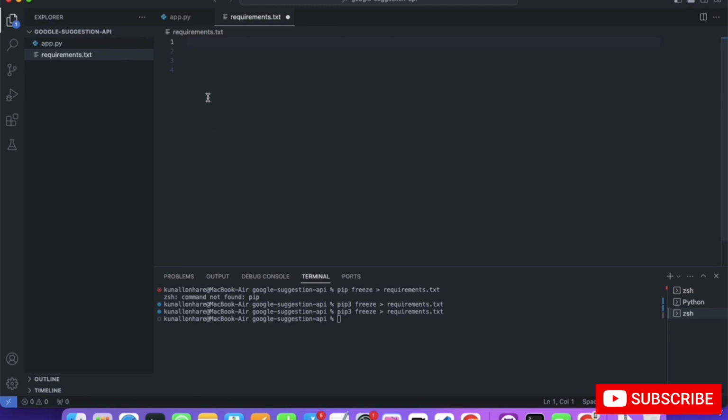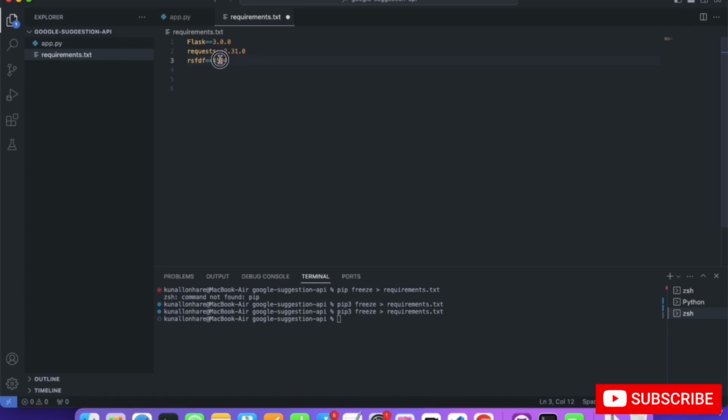From here you only have to choose Flask and requests, and there you will see many other tools, like RDS.